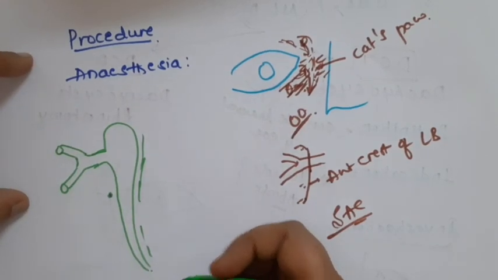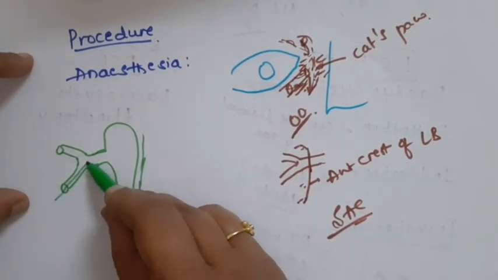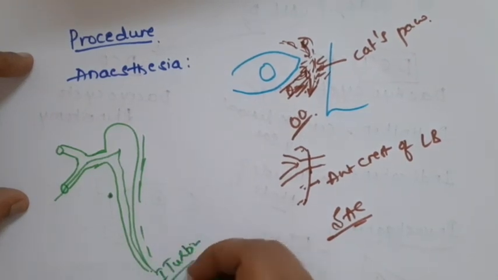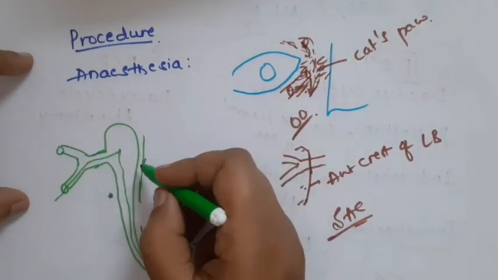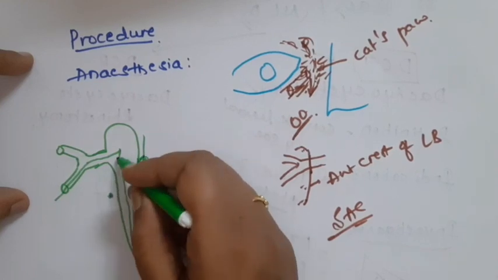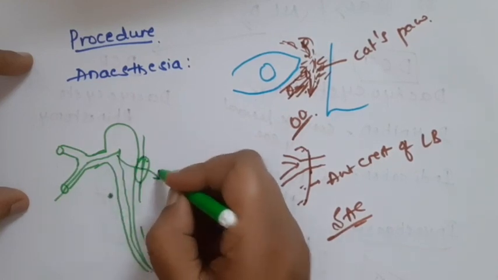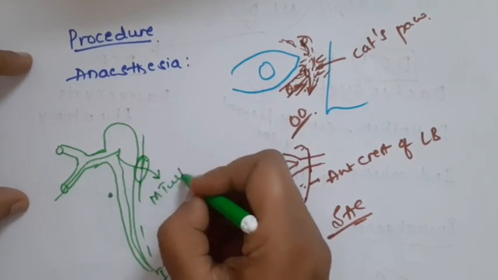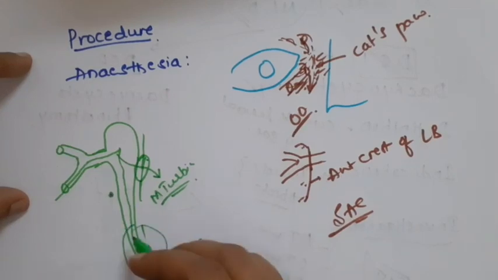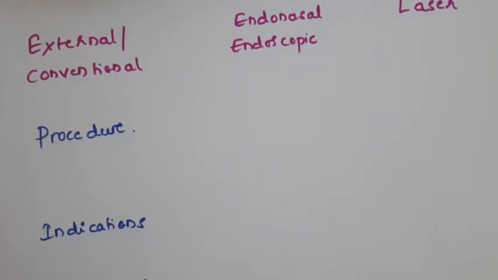What was happening normally, the tear film used to come from the punctum, enter the canaliculi, come to the sac, then go to the NLD and open into the inferior turbinate and get drained. But what we are doing here in the DCR is creating a passage in the nasal bone. We are creating an ostium and a passage from the sac to the middle turbinate directly, thereby helping in the drainage. So it is a bypass procedure. You are bypassing the inferior turbinate. You can define it as a bypass procedure that creates an anastomosis between the lacrimal sac and the nasal mucosa via a bony ostium.